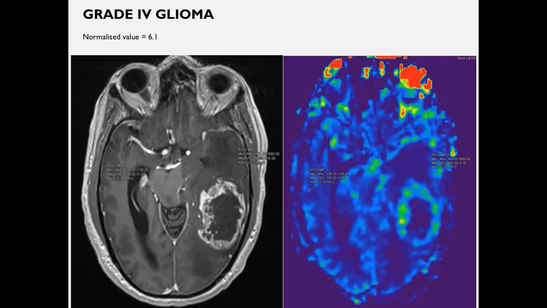Now this is a grade 4 glioma. This is a proved glioma. These are superimposed images. This is a thick walled ring enhancing lesion in the temporal region. This is the corresponding map. Now I select an area with an ROI of approximately 3, and I get a value of 660. I go to the contralateral gray matter. I superimpose these two things because on these maps it's sometimes very difficult to localize the gray matter because of resolution.